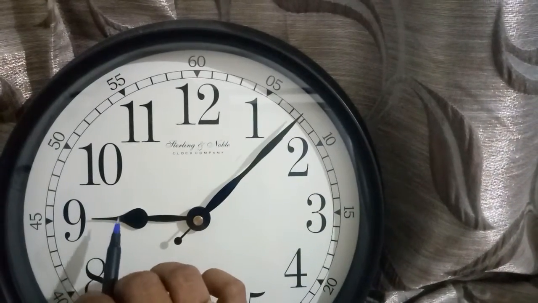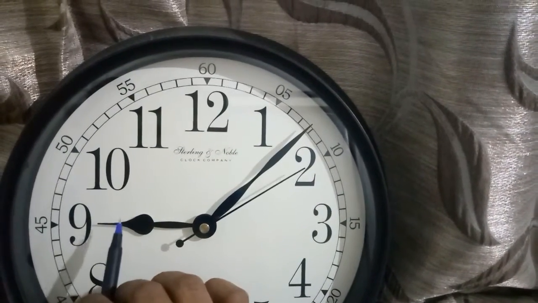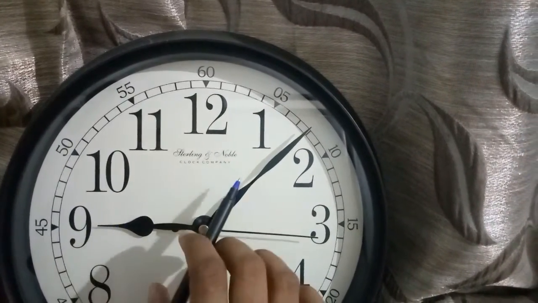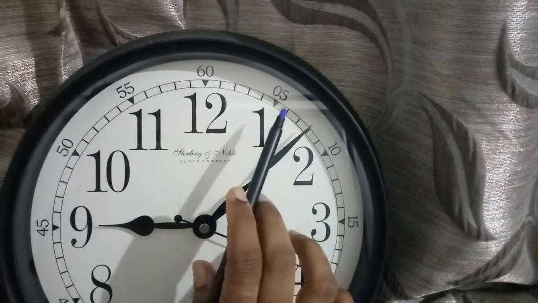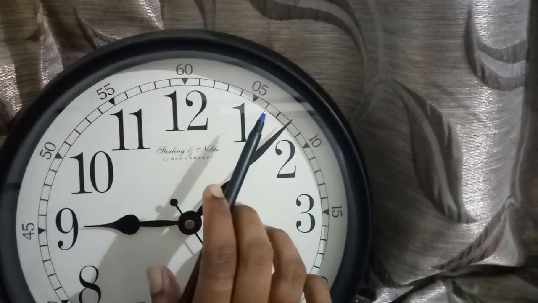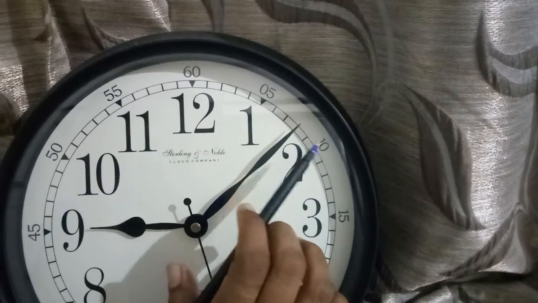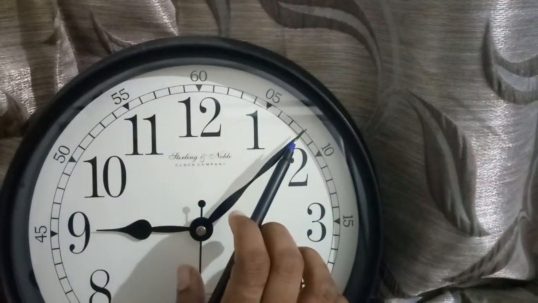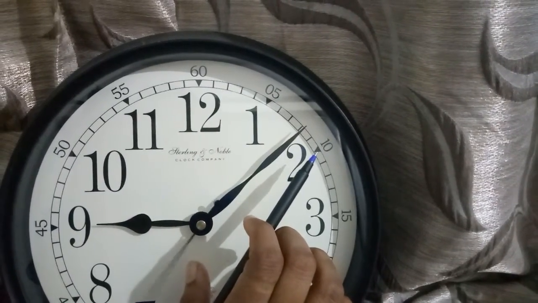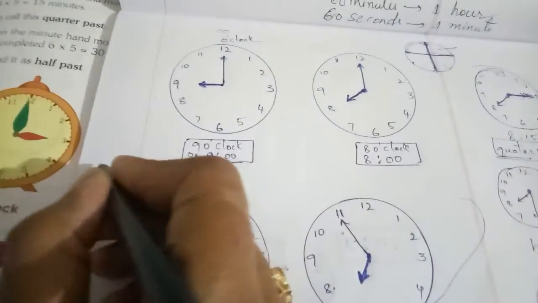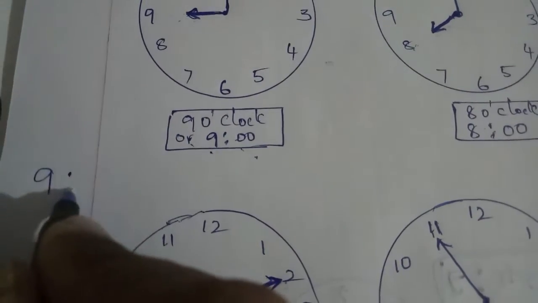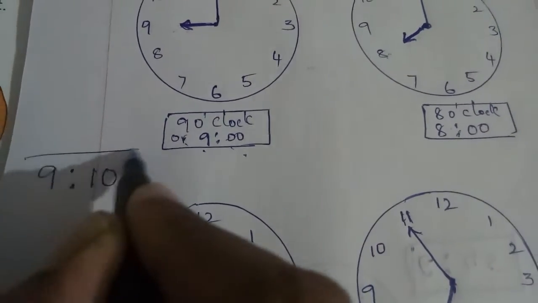Okay, now what is the time in this clock? What's the time it's showing? The hours hand is on 9. The long hand is near 10, means it's almost 5 after, 6, 7, 8. And after 9, 10. Then if it comes to here, we call it 9:10. How will we write 9:10? 9 colon 1, 0, 10. Okay?